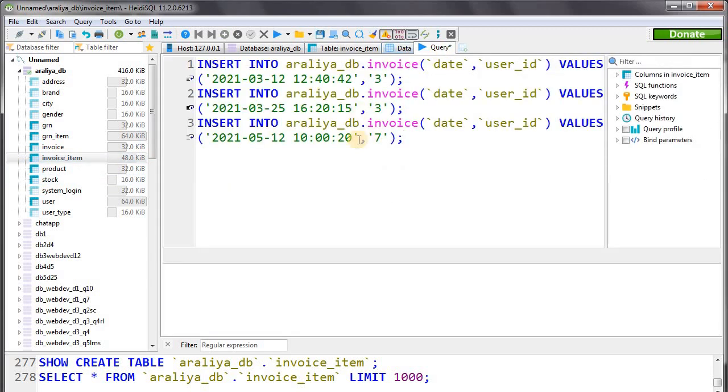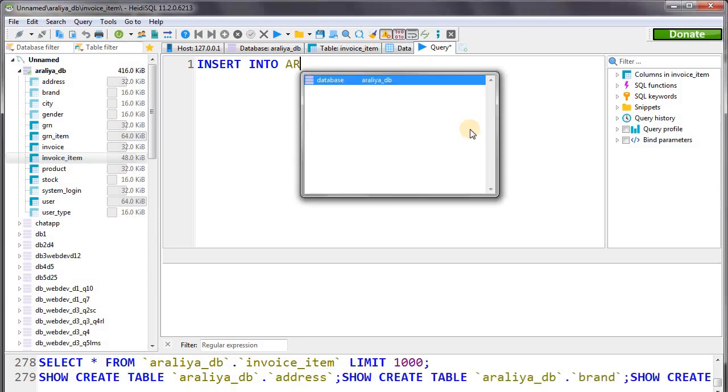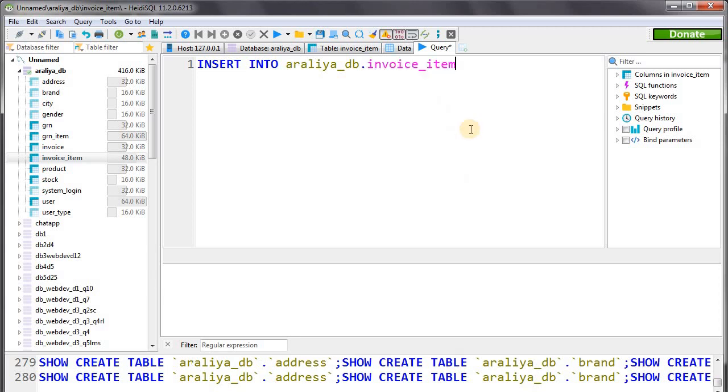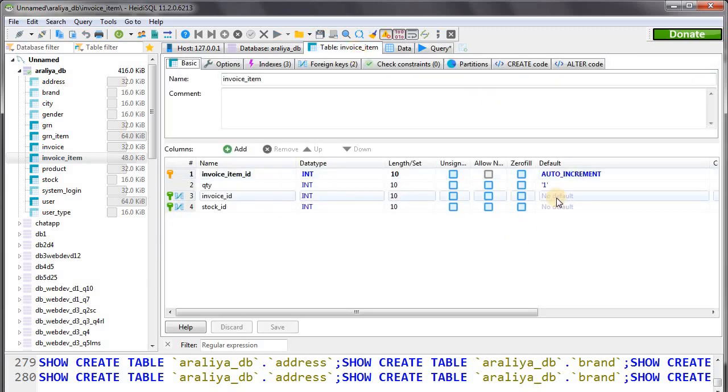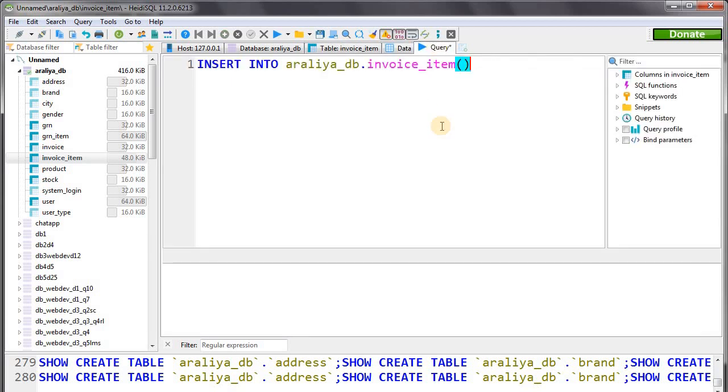Now let's enter the details using queries, insert into Aurelia DB invoice item. You can see the invoice item ID is auto incremented, so we don't have to enter that data. That means we have to mention the quantity, invoice ID and stock ID in our query.